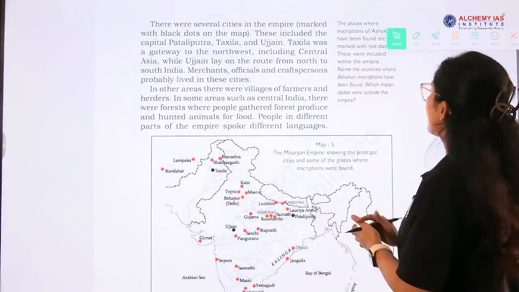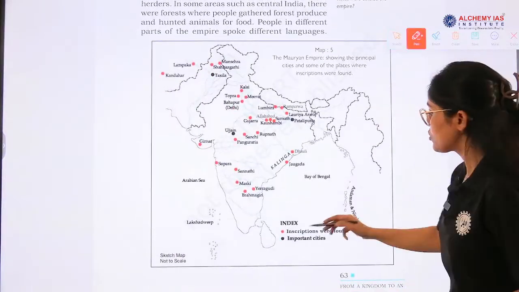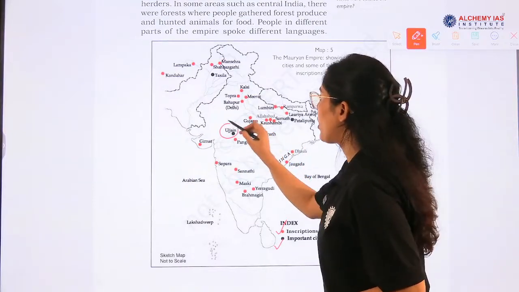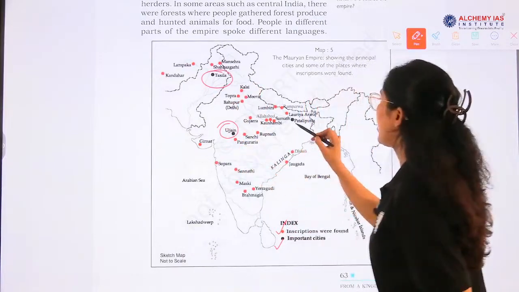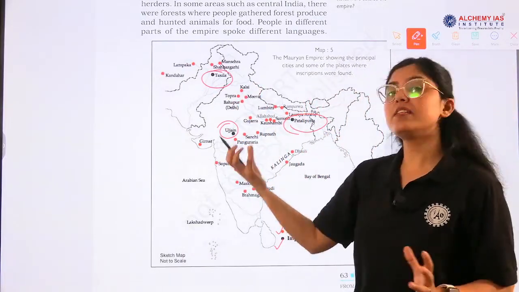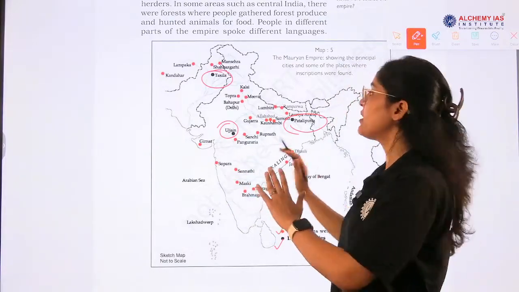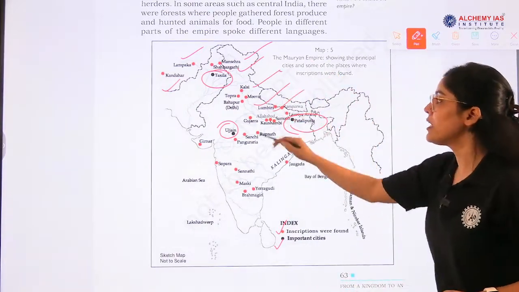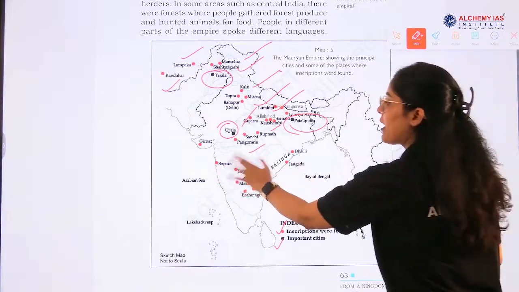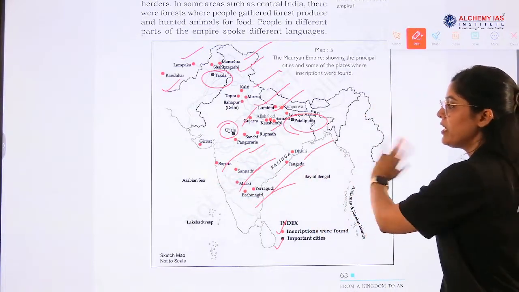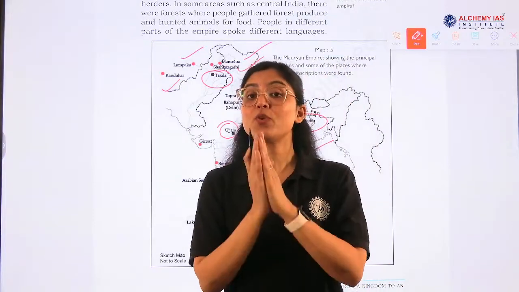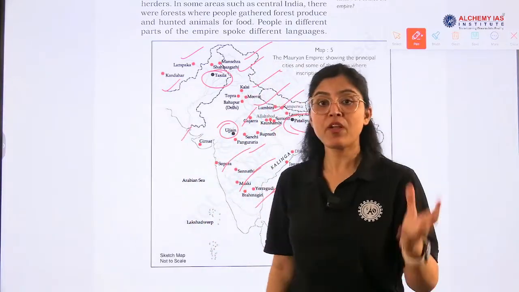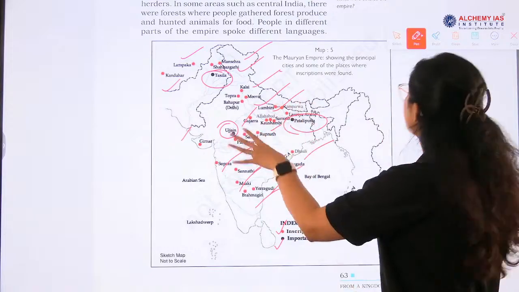You can see the extent. Now, red marks the places where inscriptions were found, and black is the important centers like Ujjain, Takshila, Patliputra. Now the inscription places, can you see the map clearly? Lampaka, Kandhar, Mansehra, Shahbazgarhi, Kalsi, Meerut, Lumbini, Gujarra, Kaushambi, Sanchi, Sopara, Sannati, Maski, Yeragudi, Brahmagiri, Dhauli. These are all very important, and questions are asked in prelims also, where 5-6 locations are given and you have to mark the places where we find the inscriptions of Ashoka.